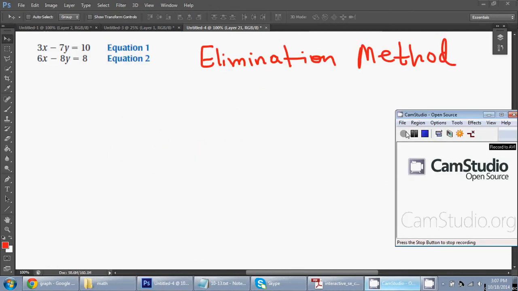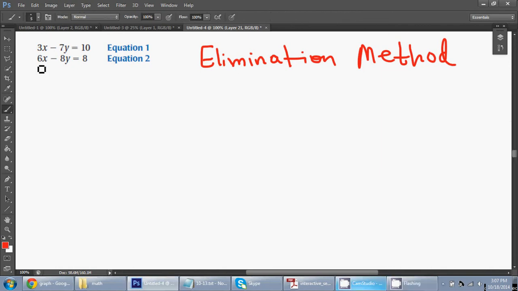This last method of solving linear equations is called the elimination method. In the elimination method, you basically add the two equations you have together and try to get rid of one of the variables so that you can solve for the other variable. For example, in this example we have 3x minus 7y is equal to 10, and the second equation is 6x minus 8y